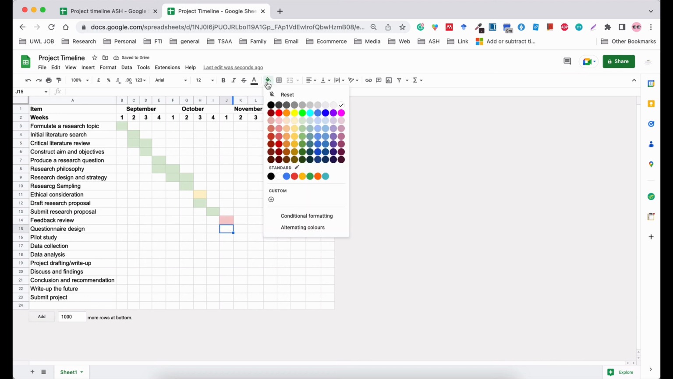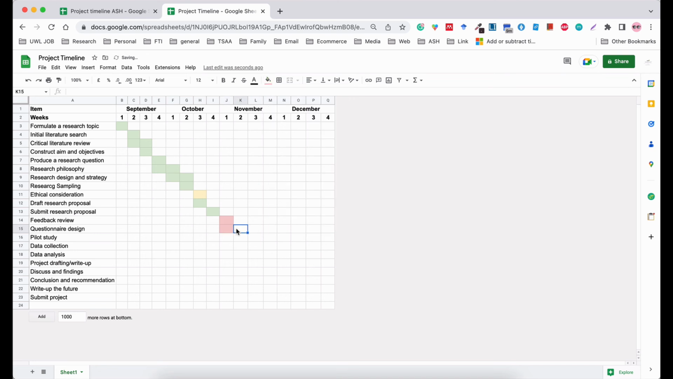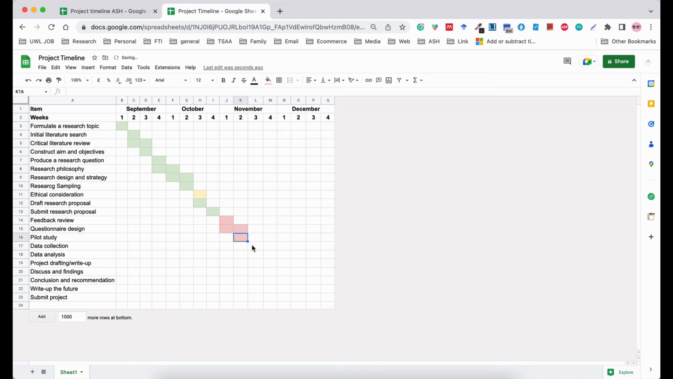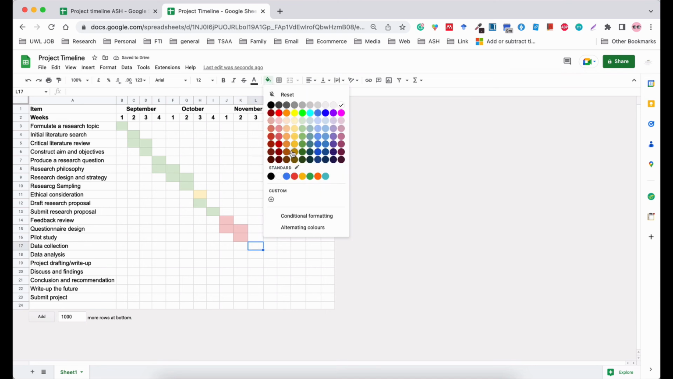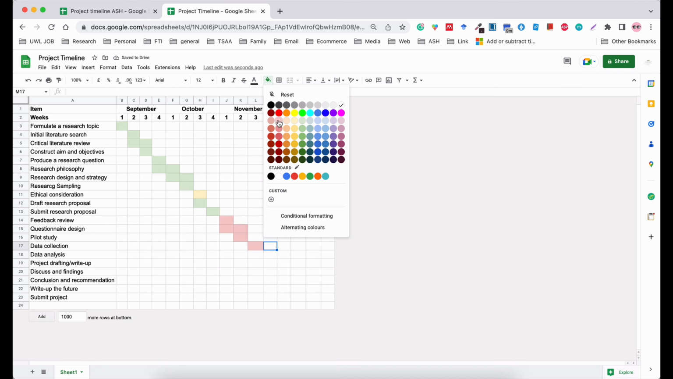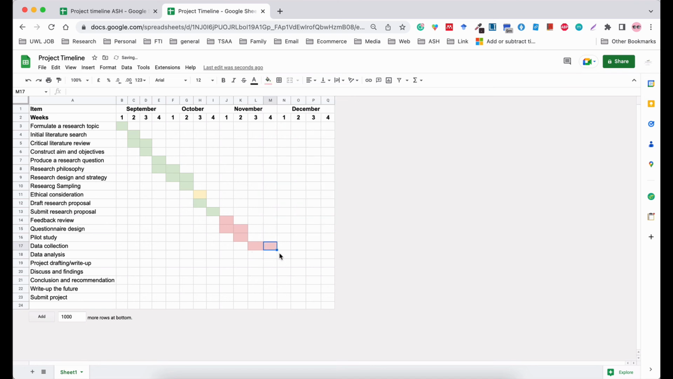Then after that, I will start with my questionnaire for 2 weeks in November. I will do my pilot study at the same time in November. I will collect my data over 2 weeks, in November 3rd week and November 4th week. I would analyze my data in December